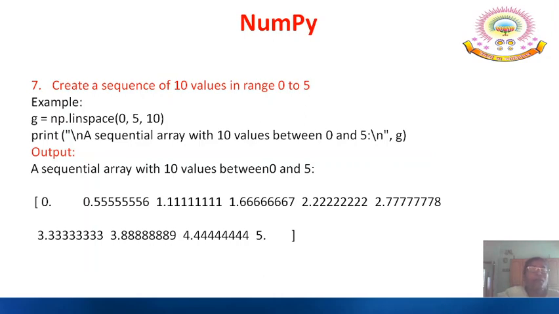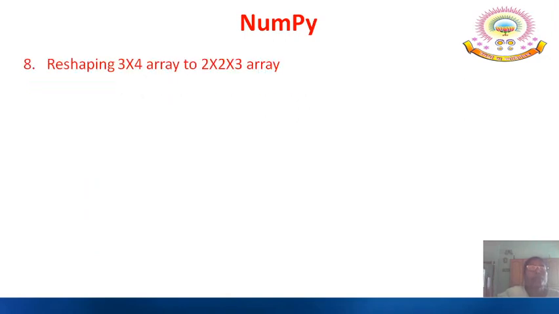Here if you observe, it is taking 0 from here to this number. Consecutive numbers will have 0.5 as an interval. So from here to here again 0.5, from here to here again 0.5. There are equal intervals between two consecutive numbers, and it will generate 10 values in the sequence.